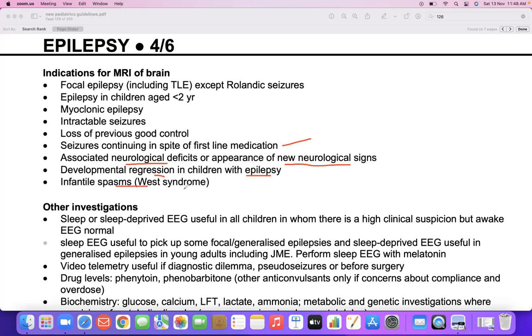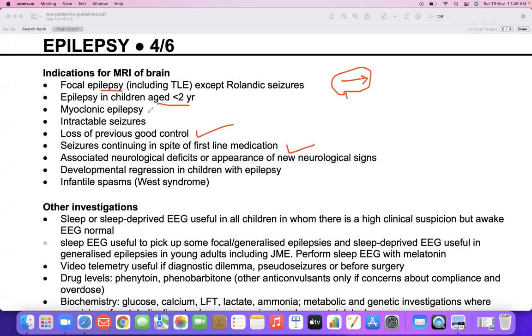epilepsy, infantile spasms. Okay, so always, if the diagnosis is given to you as primary epilepsy syndrome and they ask this question, say clearly it is no. You will go only if there is failure of first line medication or there is loss of previous good control. Okay, these two only you will tell for primary epilepsy. To start with, you will not go. So all focal epilepsies you will consider, and extreme of age, remember as extreme of age, like epilepsy less than